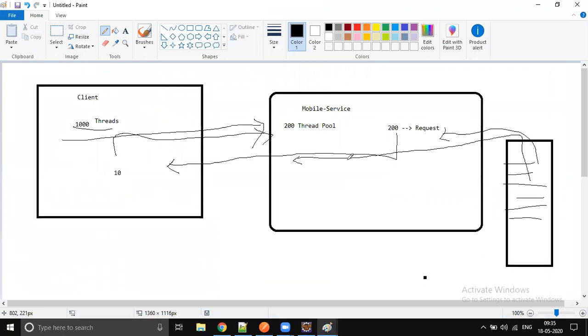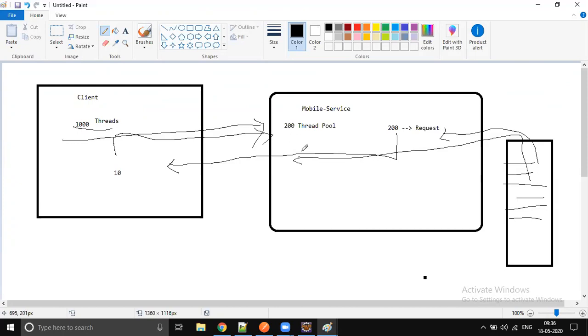Maximum 200 threads will be there, and once you send 1,000, if you send more than 200, the 201st request will wait. Once any thread out of these 200 completes its response and gets free, it will go and take the next request. So this is one of the cases why we go for reactive.